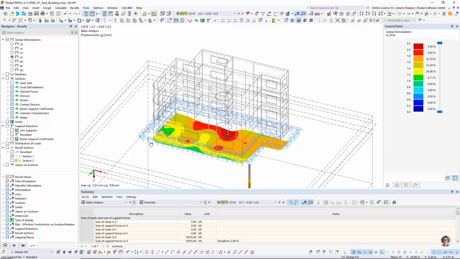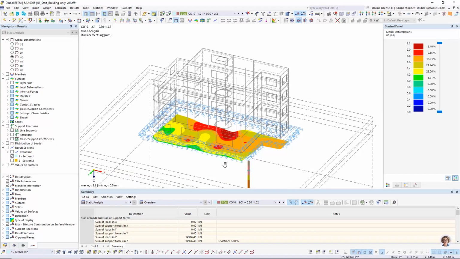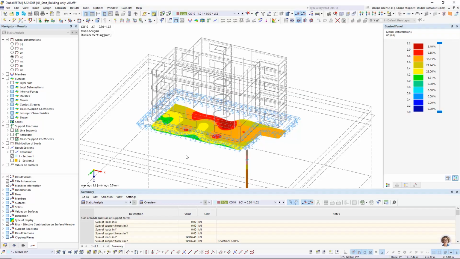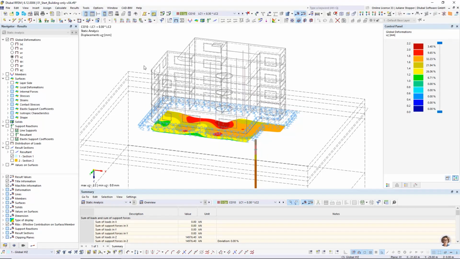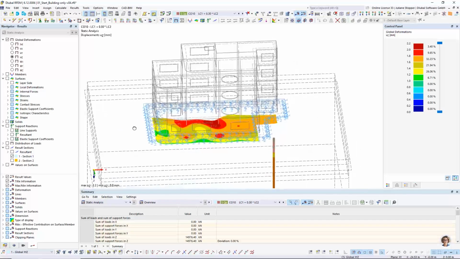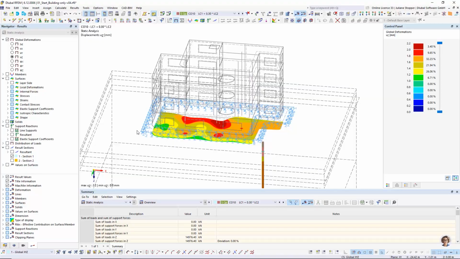So in RFEM 6, it is possible to consider this iterative method for soil structure interaction consideration for as many combinations as you wish, and we also do this iterative procedure for every single finite element. Yeah, then that's it. Okay, this shall be enough for introducing this method,